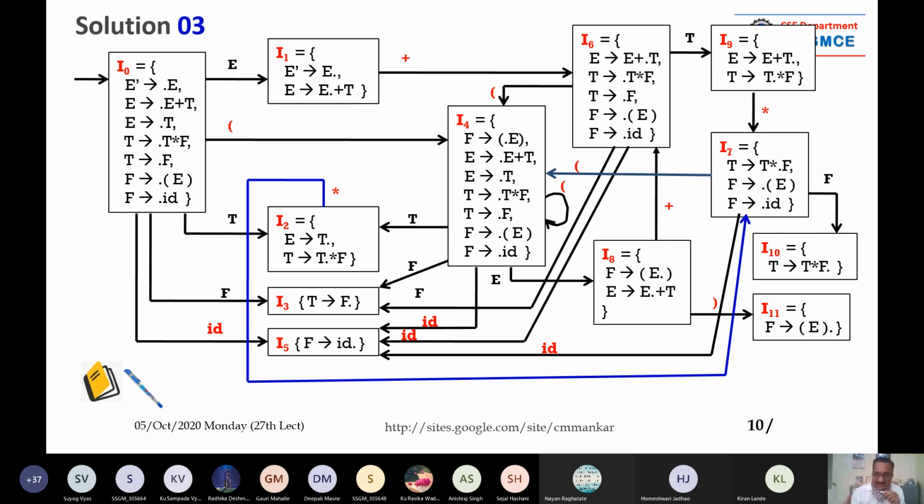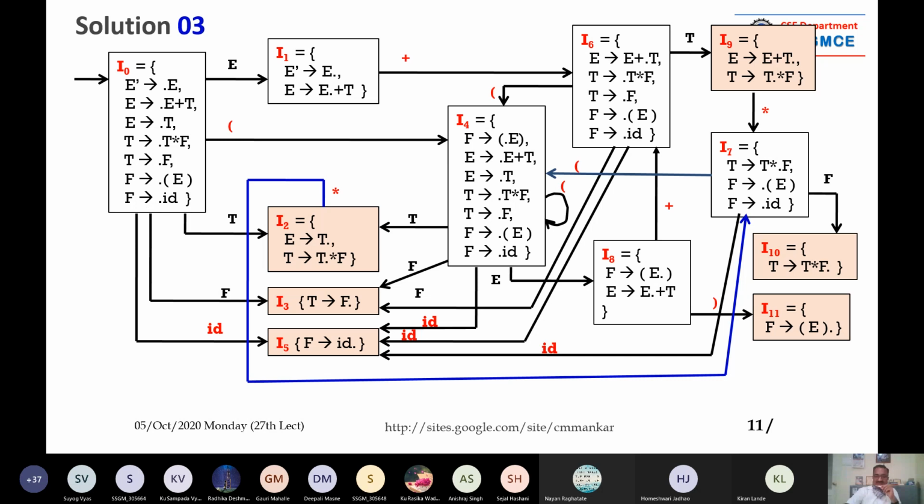But if you do some practice on paper, then you can directly draw the DFA diagram like this. Only what you have to do, you have to first compute the initial set correctly, then you have to generate the I0 item correctly. Once you have the correct I0 item, then you can generate the rest of the items, say I0 to I11, without any mistake. So my advice is that you simply work it out with pen and paper on your side. Anyway, now just observe this complete diagram. I'm going to the next slide. We don't have too much time.